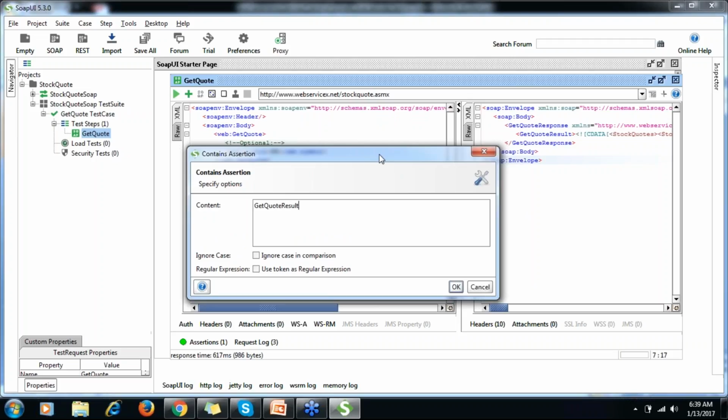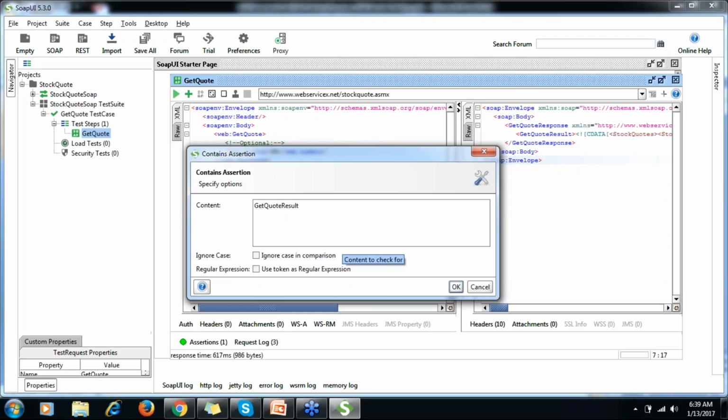I want to verify that exact thing. There are two check boxes, ignore case and regular expression. So you can check these, otherwise you can leave them blank as per your requirement.